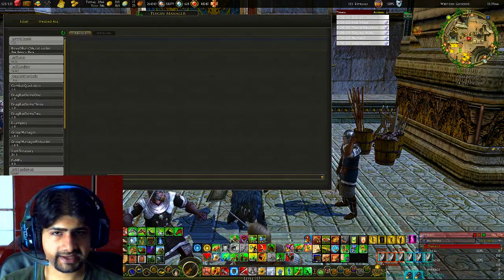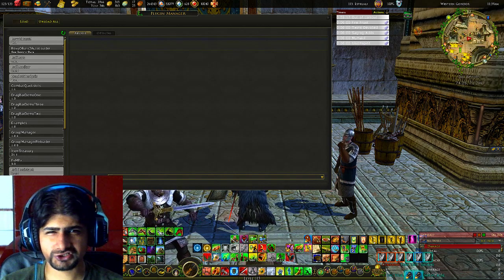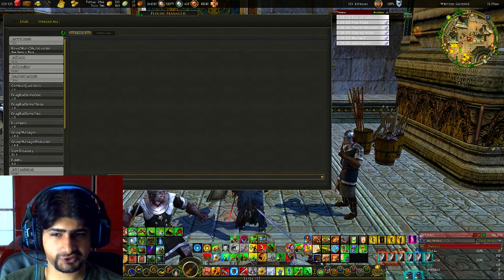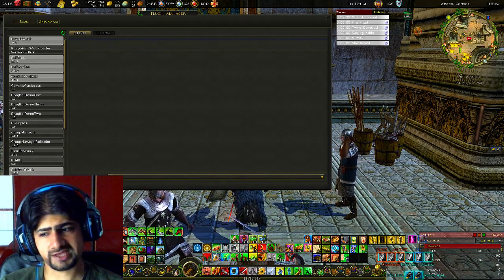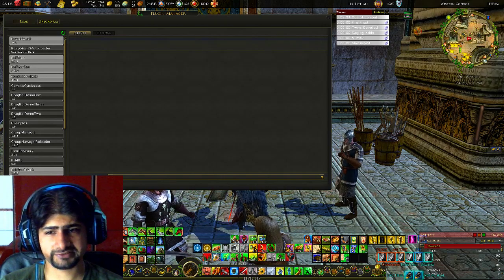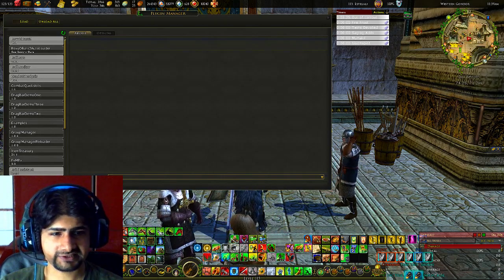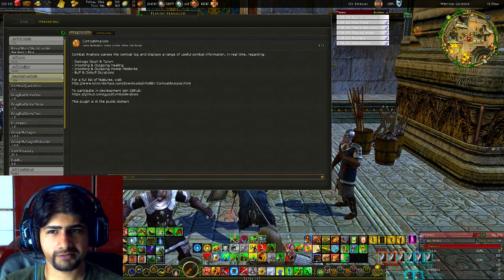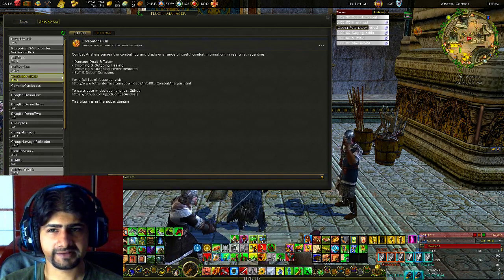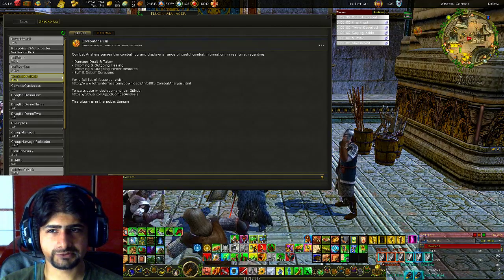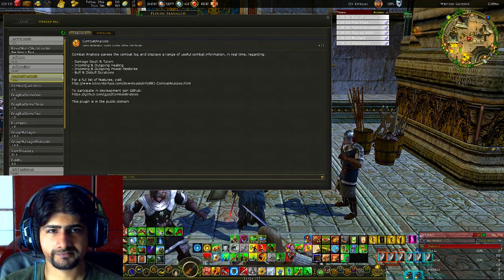So the first one, and it's not essential, but it really helps if you want to know how much damage or heals you did, or the damage taken. Then this one is essential. It's called Combat Analysis. Once you load it up from here,